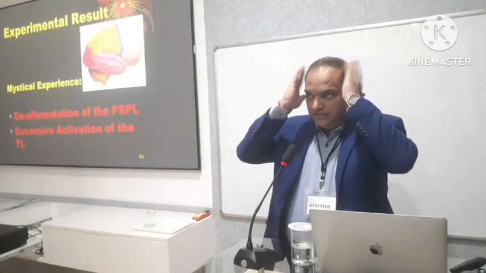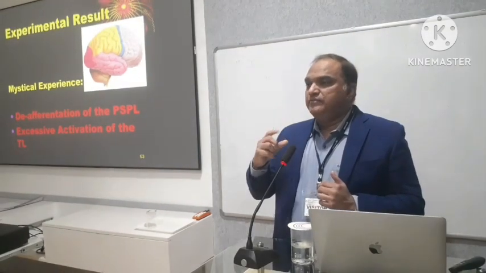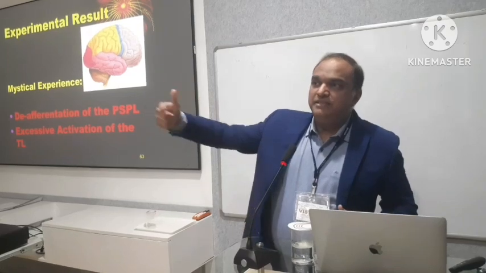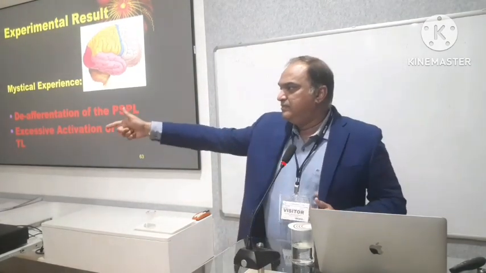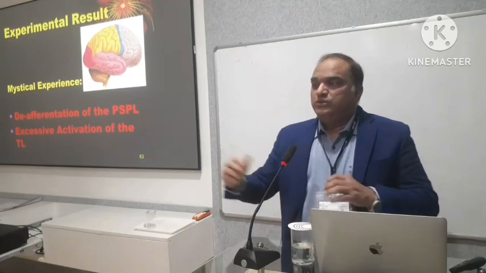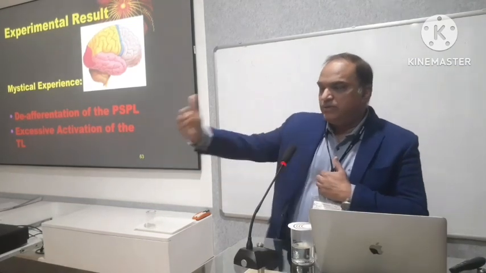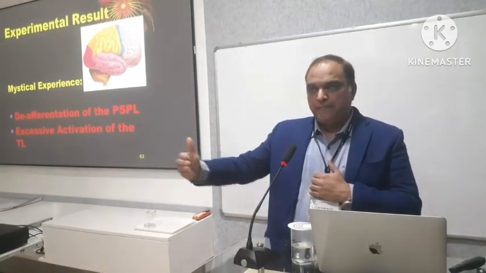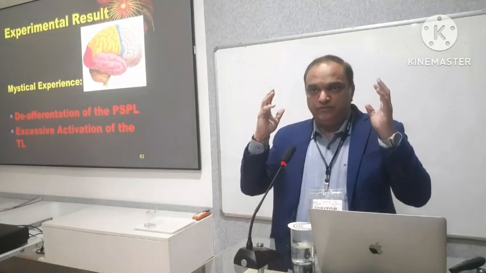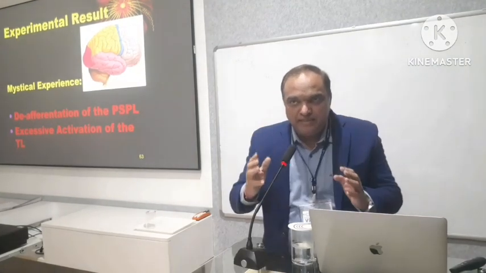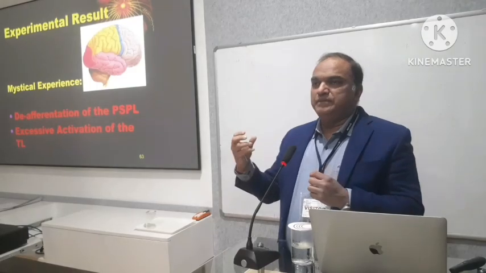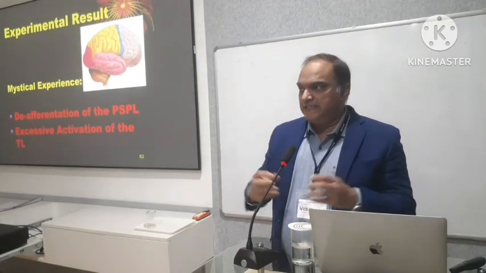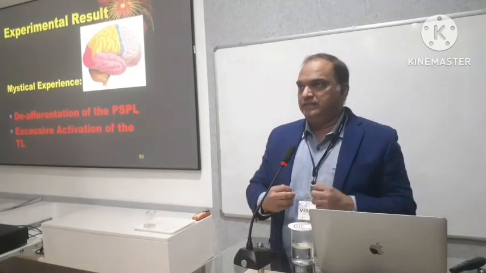This part of the brain, the parietal lobe, is responsible for my orientation to time, place and person. You are sitting there, I am here, the desk is there, the mobile is there, specs are there. So there is a self-world dichotomy. This is by the parietal lobe. And then there is something called the limbic system. I told you about the hippocampus. The hippocampus is a place where emotions are, joy is there, grief is there, sorrow is there.